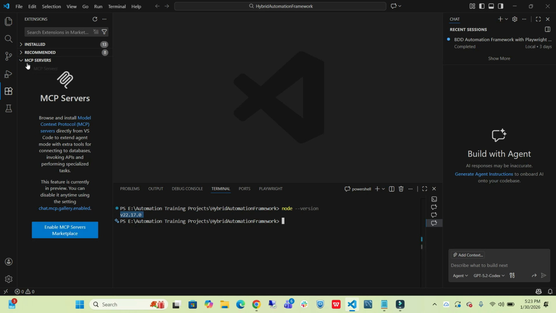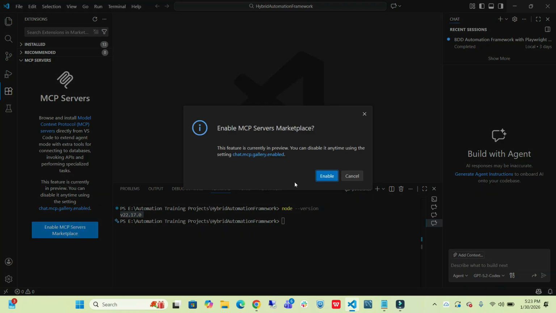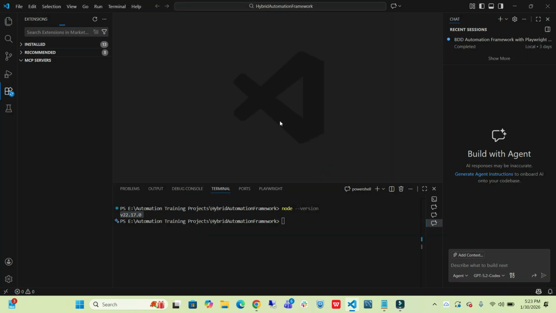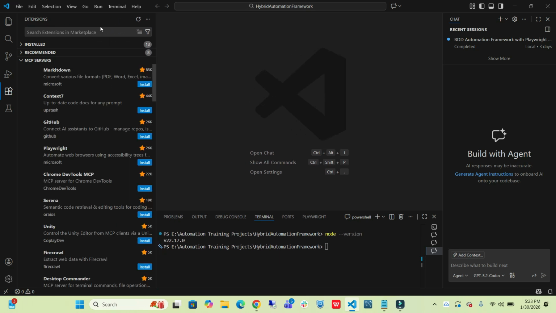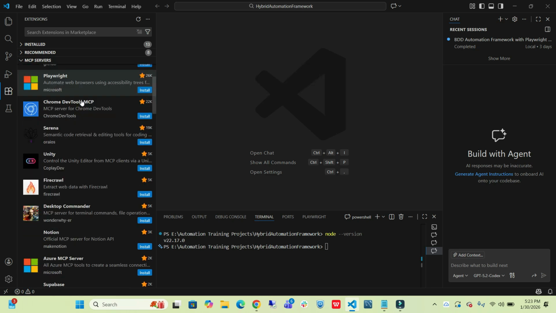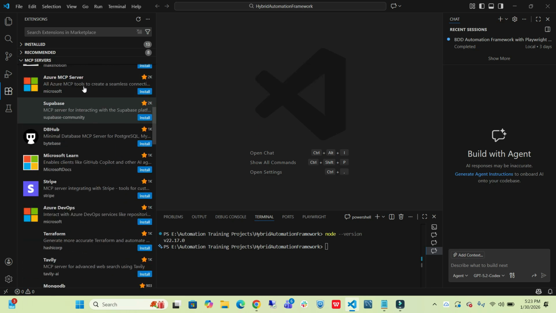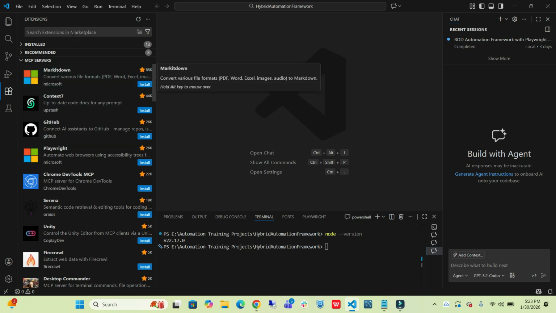Now back to the topic, into MCP server, we have the option here to enable MCP server. When I click on this and enable the checkbox, it will navigate me to a new page. You can see the process is going on and we have servers here. Now you can see the server is enabled. Now let's search for